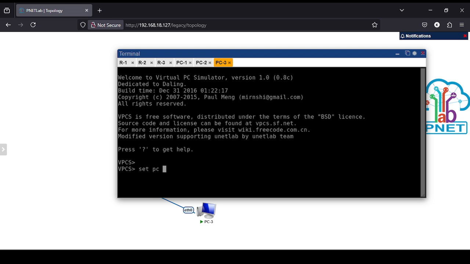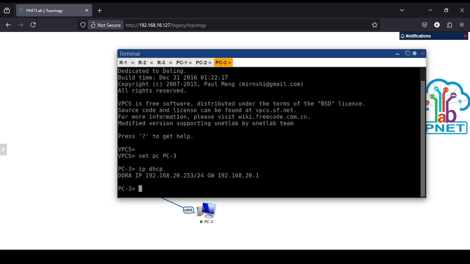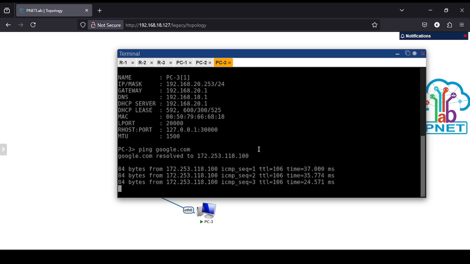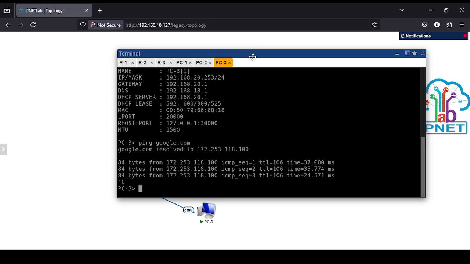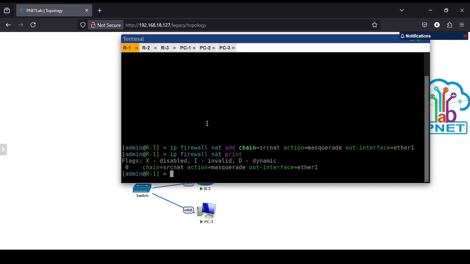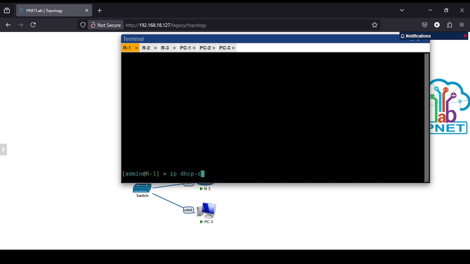Set PC, ip dhcp, show ip and ping google.com. Okay, PC3 can now connect to the internet, and if you go back to router 1, there is something in the DHCP server called the lease list. The list is